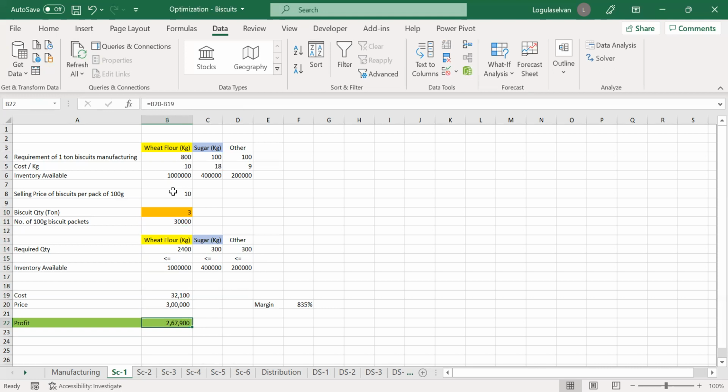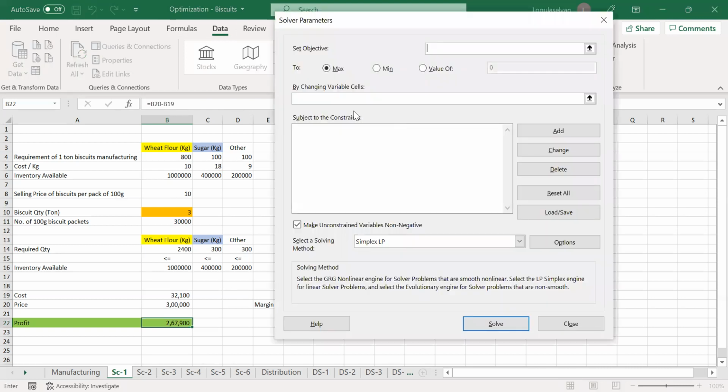You can achieve optimization by using Solver in Excel. Go to Data, go to Solver. So here we have to build the model with whatever the objective we are looking for. Here, the first and foremost objective is I want to maximize the profit. So the objective cell is selected, and then I want to maximize it. If it is a cost, then we would try to minimize it.